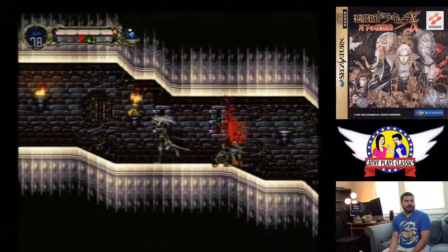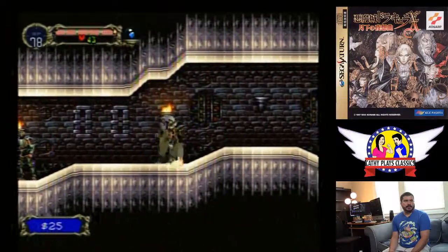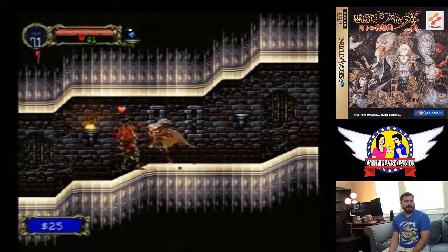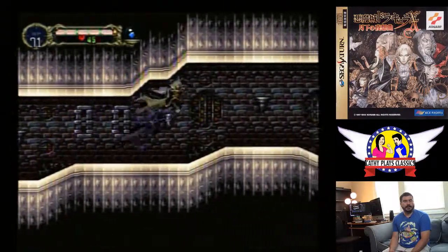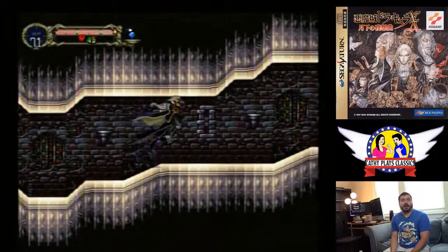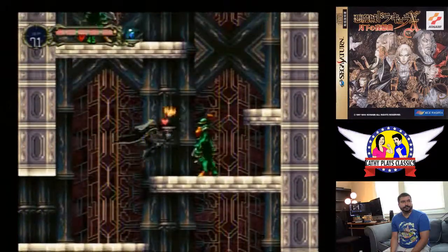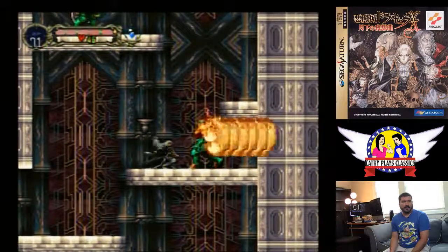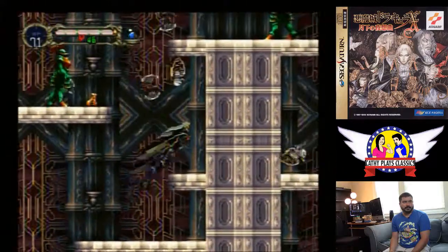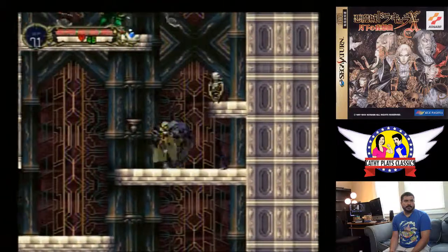there's something weird going on here with money and items. Could have sworn there was more money in these candles. I think it might have been 125, I don't know, but when I was a kid playing this game, I would run back and forth in this hallway over and over again because it felt like the best place for me to get money. And I always wanted more than 4,000 gold by the time I got to the librarian, so I can buy the Joseph's cloak, which is a cloak that you can control the